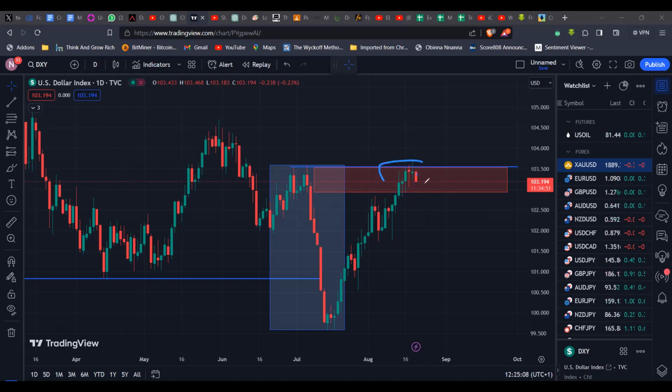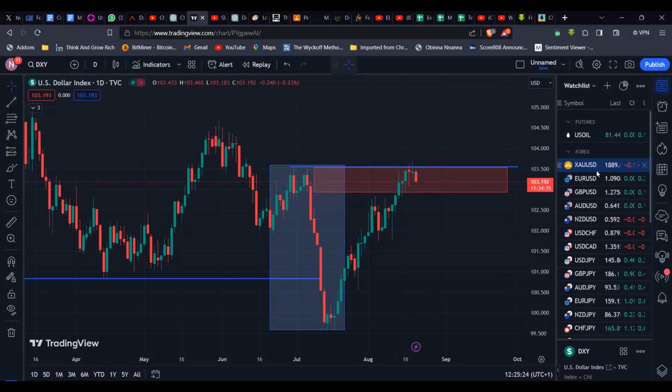That means we probably begin to expect that weakness for price to then come back down and take out this low. Now, whether that will happen, we'll see about that. So that's our outlook. We're looking at the dollar this week to probably lose some of the strength that it has been gathering for the past couple of weeks.